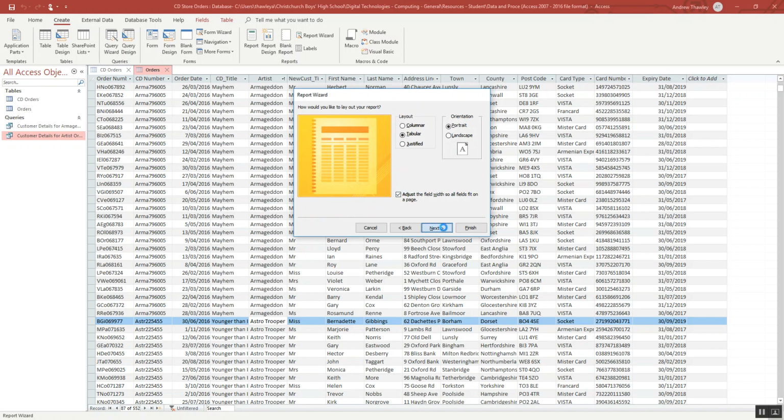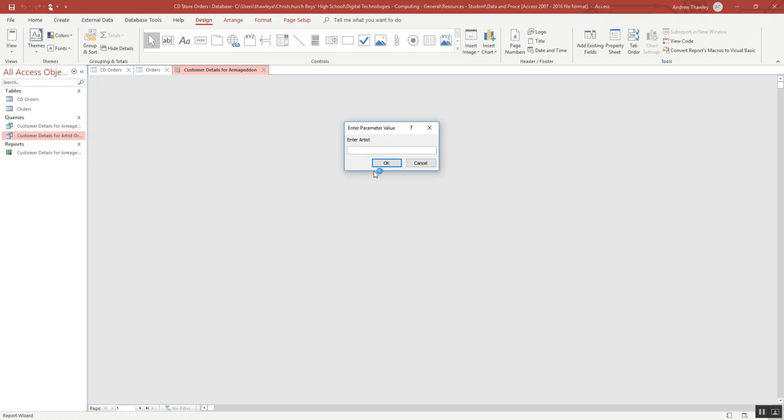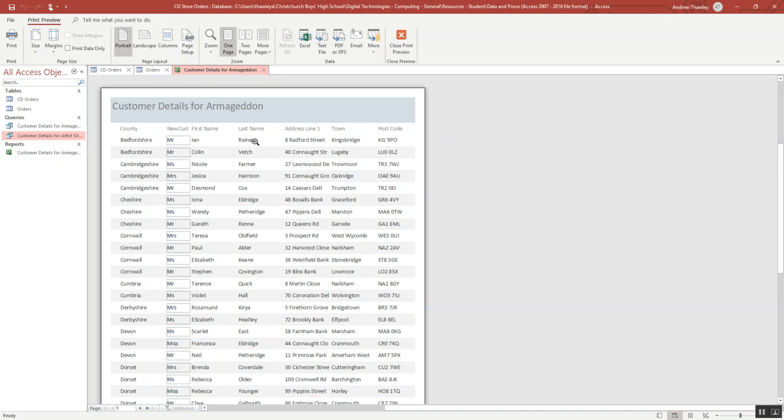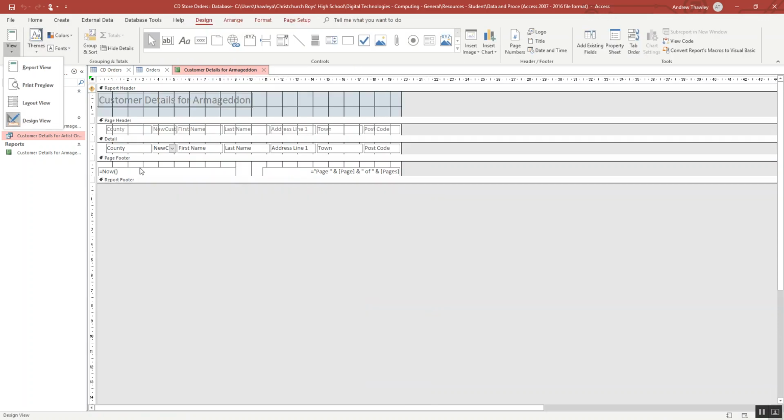We can customize our layouts. And we want to preview the report. I might have chosen the wrong one. So now I've got all the customer details for Armageddon. I can now close that from preview and I can go to design view and I can modify this with those specific details of what I want. Changing the format, so I can make that nice and bold. And also set up